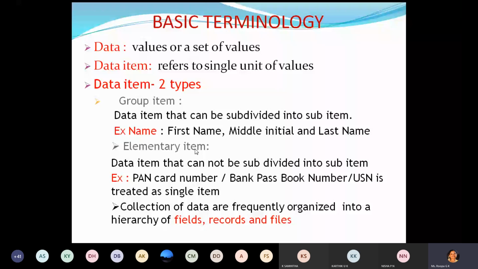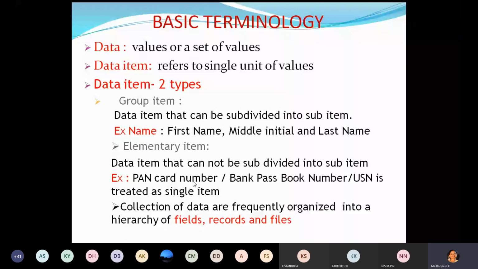But what about the other category, elementary item? Data items which are not divided or subdivided into sub items are called elementary items. Data item cannot be subdivided into sub items. For example, your PAN card number has some letters and numbers.